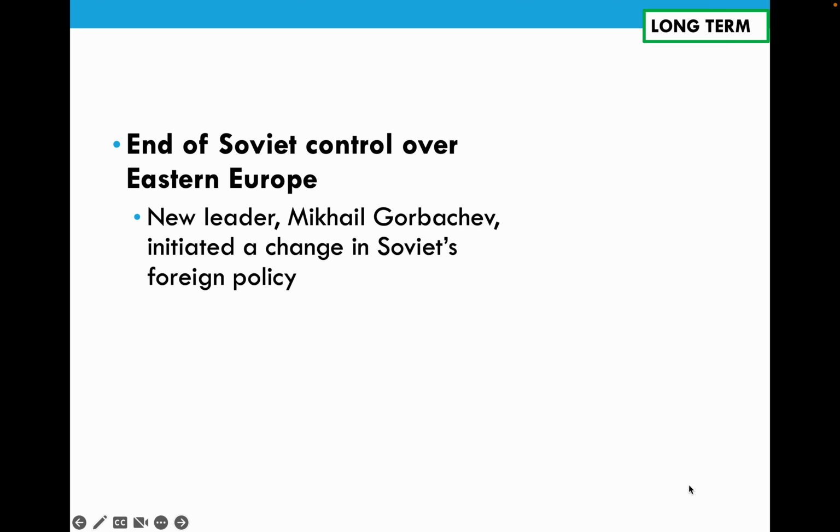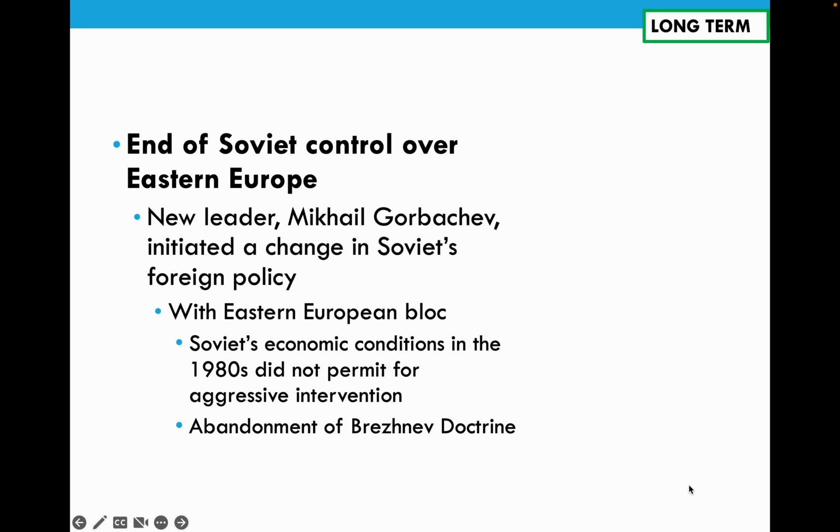So how did the end of Soviet control over Eastern Europe actually happen? It is when Mikhail Gorbachev took over and initiated a change in Soviet foreign policy. First of all, within the Eastern European bloc, he realized that the Soviet economic conditions in the 1980s did not permit aggressive intervention anymore. So at this point, he decided that he will abandon the Brezhnev Doctrine,